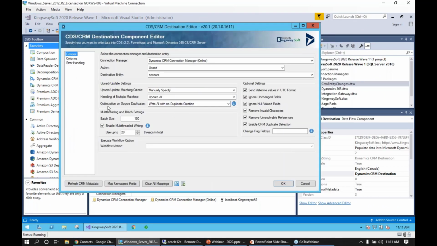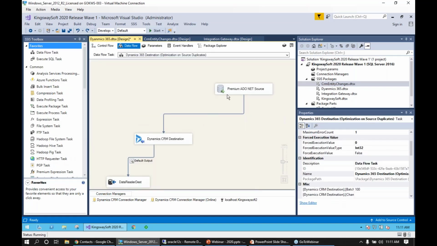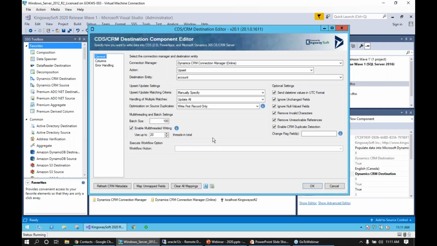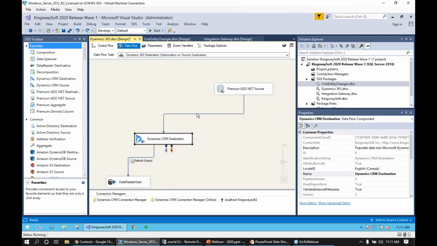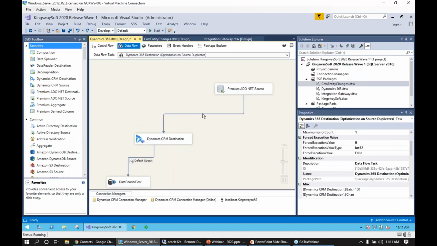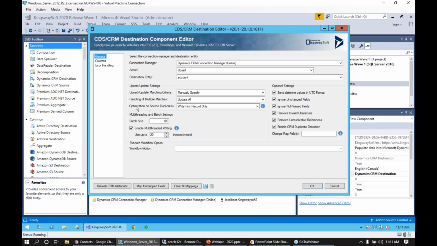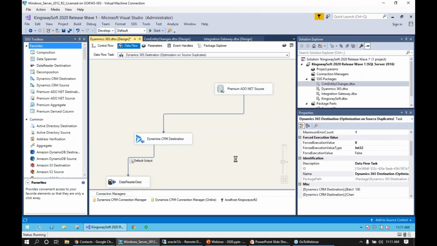So that is the destination component. We also have the optimization on source duplicates that we wanted to highlight. So if I'm using the upsert action and I have data that is coming in with duplicate information, for example, I am passing the name field, and let's say I have duplicates as my name field. Now, if I use the optimization on source duplicate, and I choose write first record only, in this case, the component is going to write the first occurrence of that duplicate set, and it's not going to send the rest